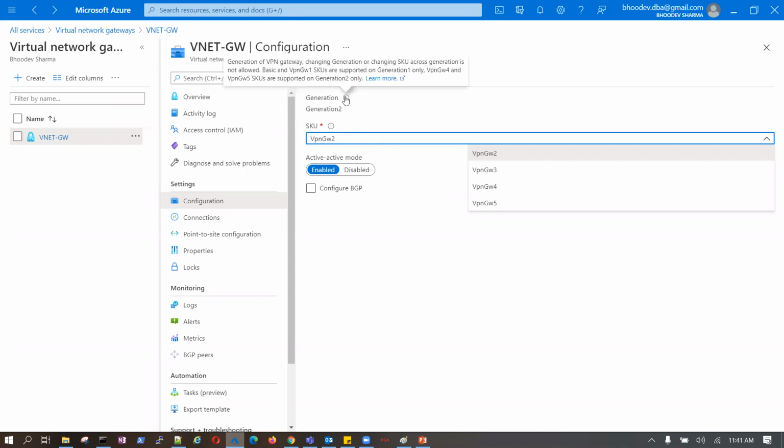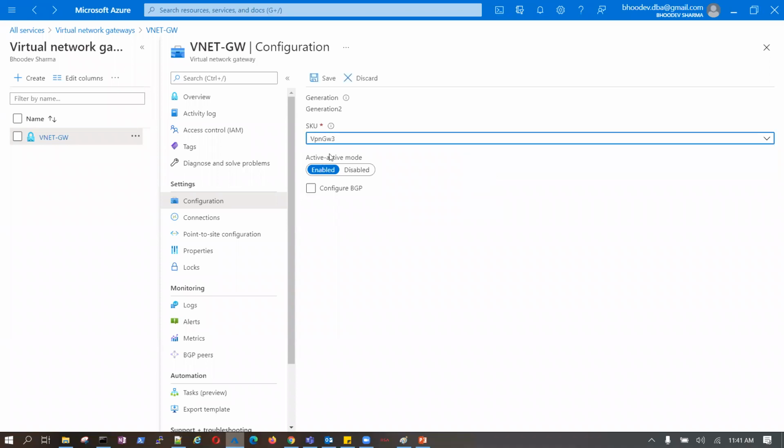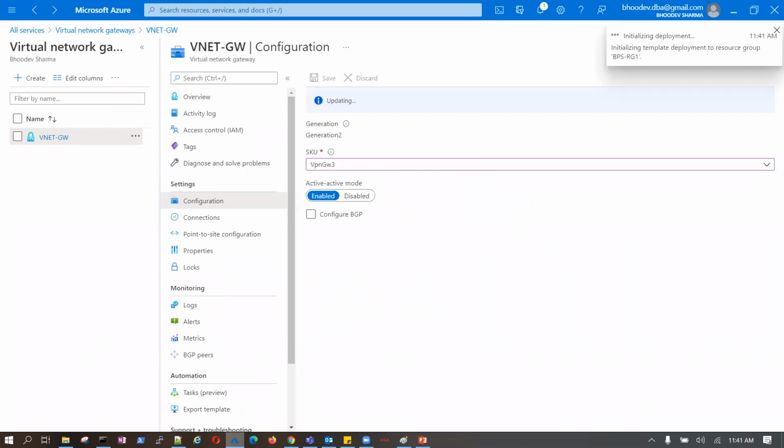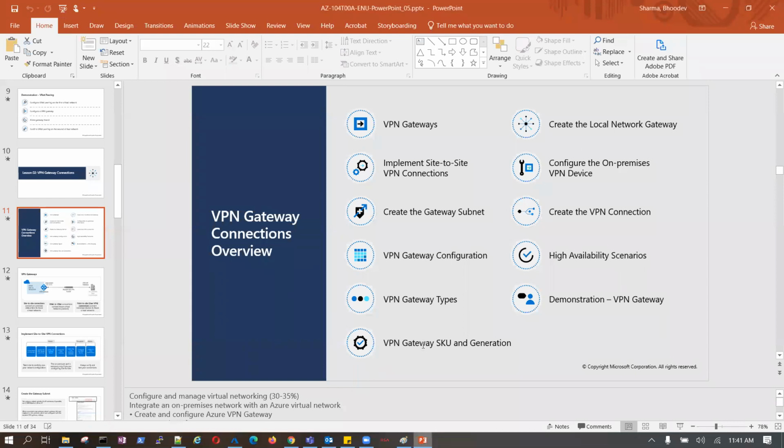I have selected generation 2 during creation time, and this becomes the SKU. SKU is nothing but the capacity of this particular gateway, and all of these are charged. If I save, I have changed my SKU type. This SKU comes for my public IP, for my interface.